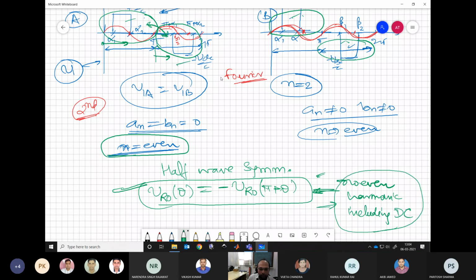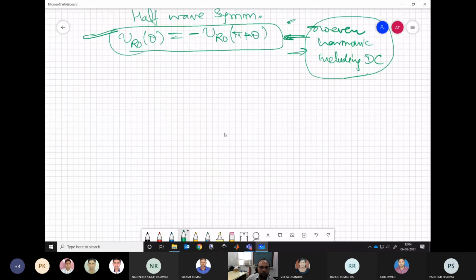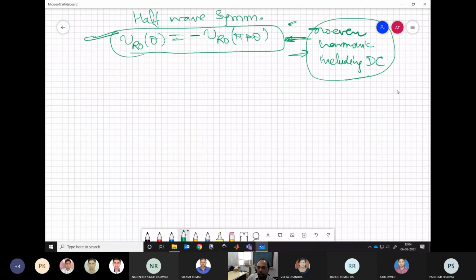So in our PWM waveform, if we maintain this second condition, which is the half wave symmetry, we can get rid of all the even harmonics which might be there. So that's why these symmetries we must ensure. Now our waveform may have only first or third or fifth or seventh and so on, but no even harmonic and no DC component. So that's what we can do.